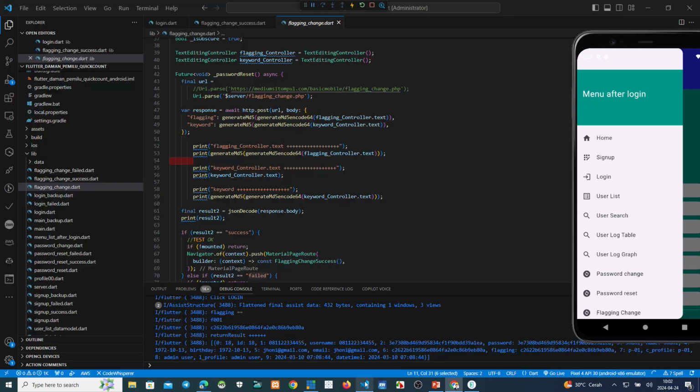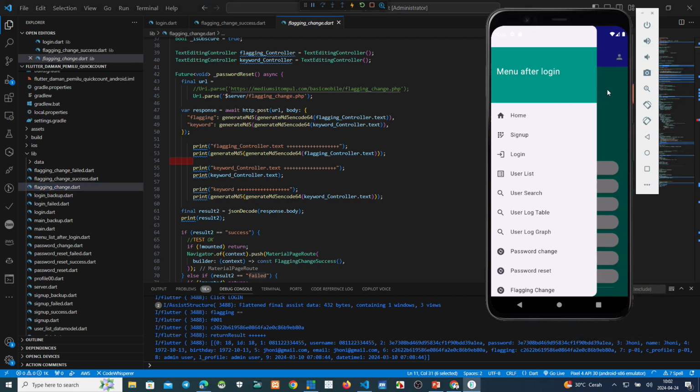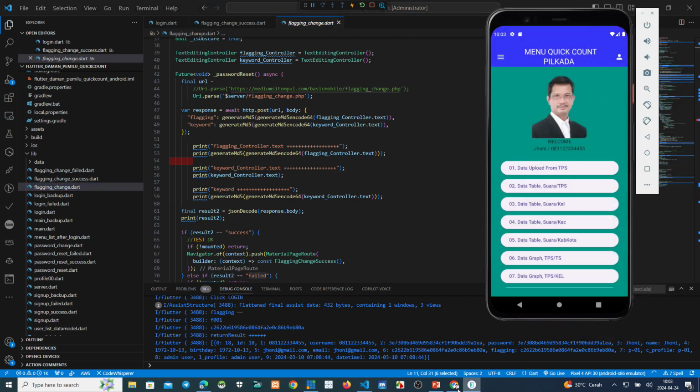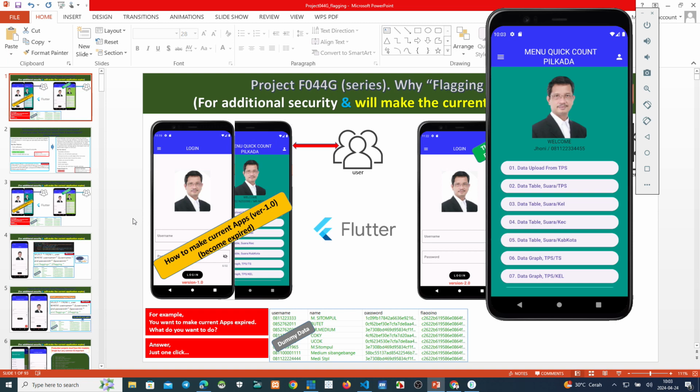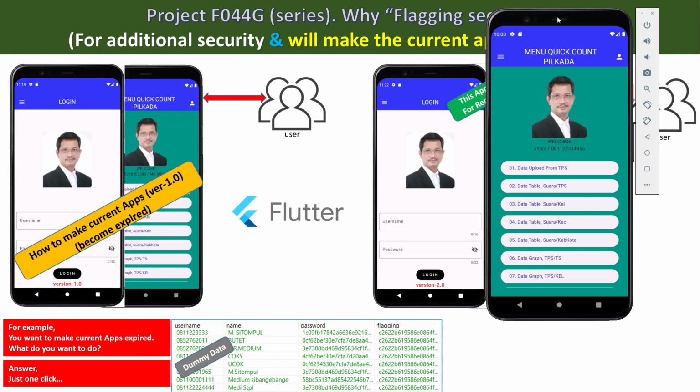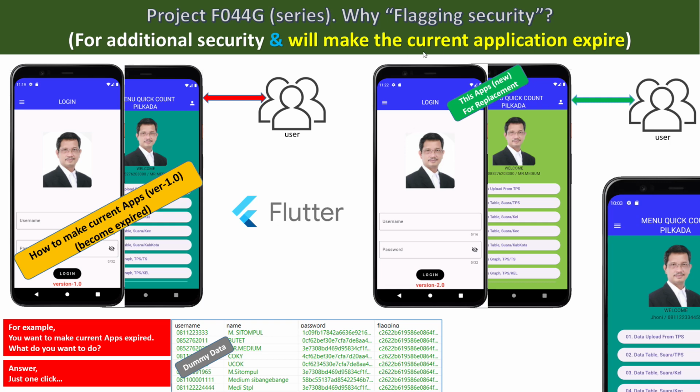Okay, guys. I think I have mentioned to you why this flagging security, because the function of flagging security is for additional security and also to make the current application expire.